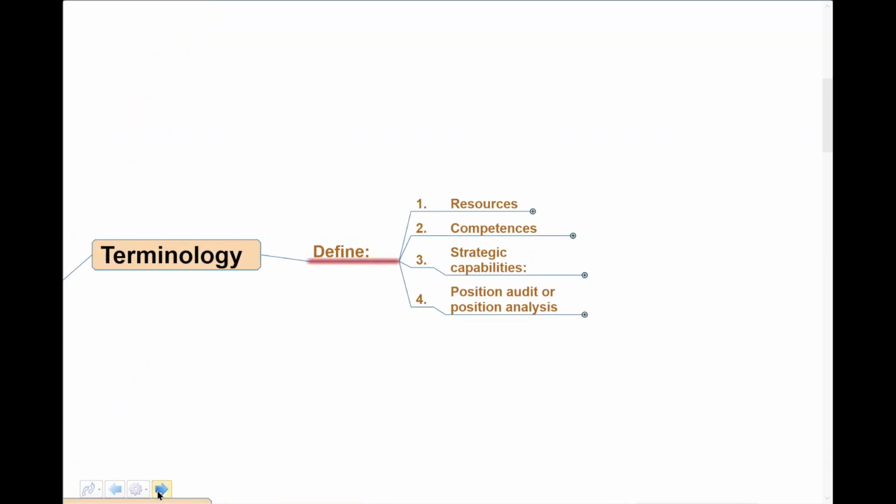Let's define a few terms here. Now, this is important for your success in the SBL exam. These are some key definitions. Let's look at resources first. What do we mean? We're talking broadly about assets, and I don't mean that just from a financial viewpoint, because human assets, certainly we don't capitalize people or their skills. We're talking about really everything: physical assets, intangible assets, and also people as well. Those are our resources. And note, we'd include in there funds, cash, money, etc.